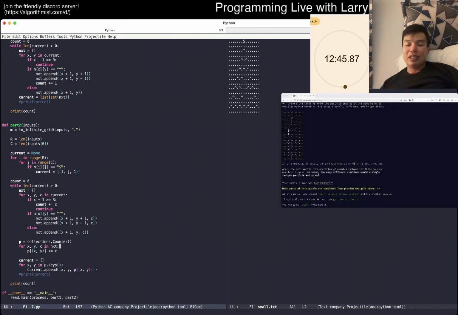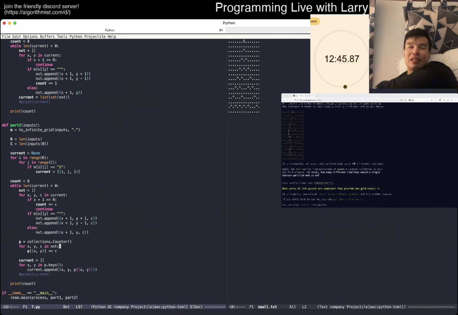All of this is kind of linear in the space, because it is literally the input size. Even though this looks awkward, it is linear in the size of the input, right? Remember, the size of the input is R times C. They give it to you in a grid that is R times C. And despite all these lists and all these things, the total number of space used is just